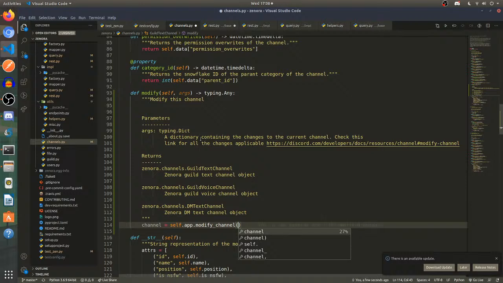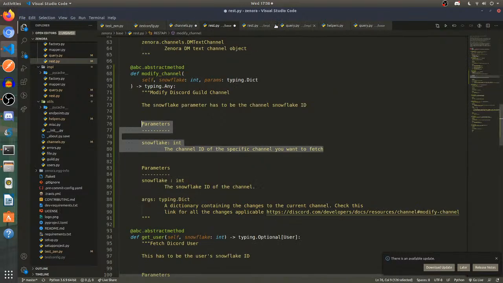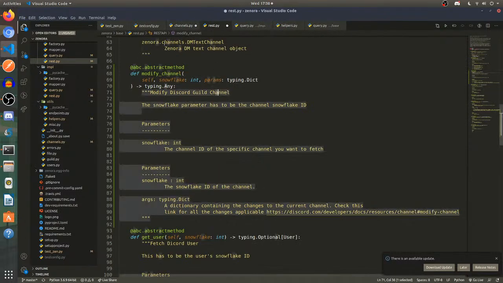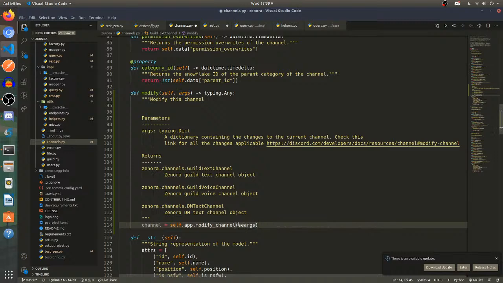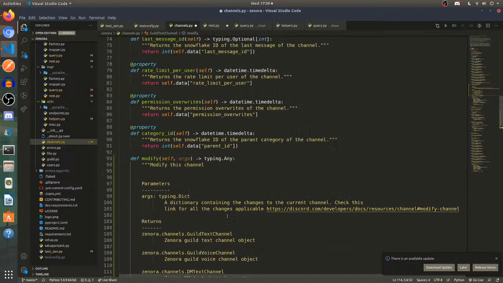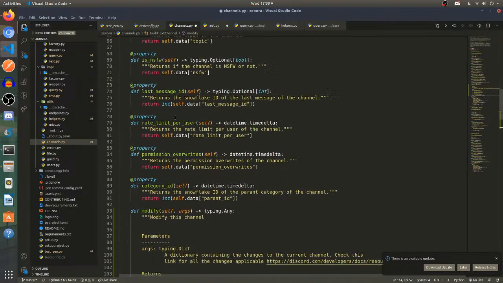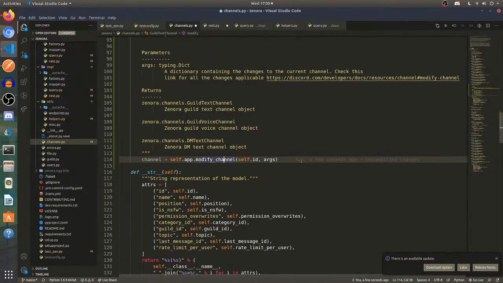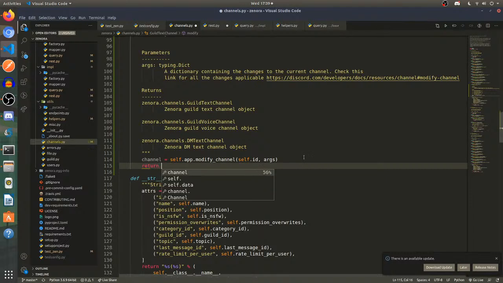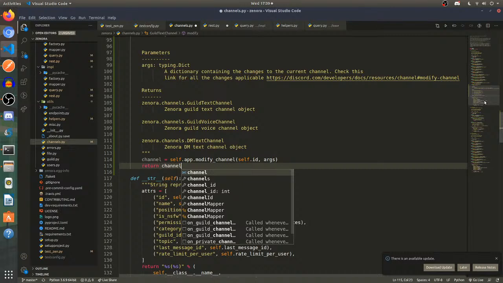What does it take for args? Let's do args, and what are the IDs? Oh, sorry about that. The Snowflake ID is going to be self.id, which is this channel's ID, which is an integer, and this should return the channel.